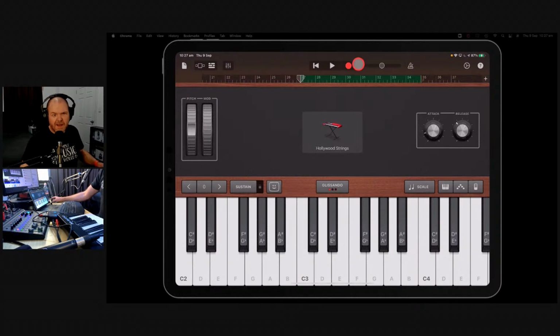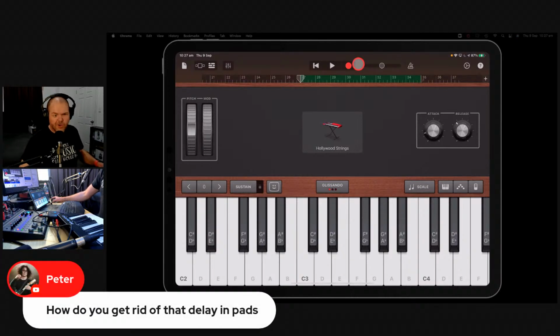How do you get rid of that delay in the pads? Peter's got a question. Really good question. What you do, Peter, is it's the attack and the release. And that's actually a good point. I've got the attack. If you put the attack right down to 0...